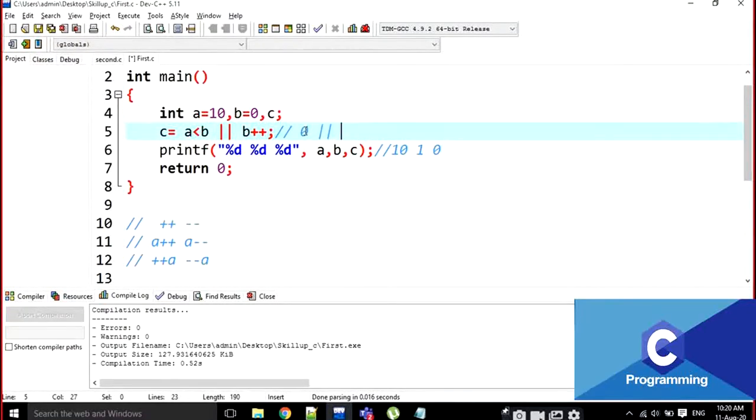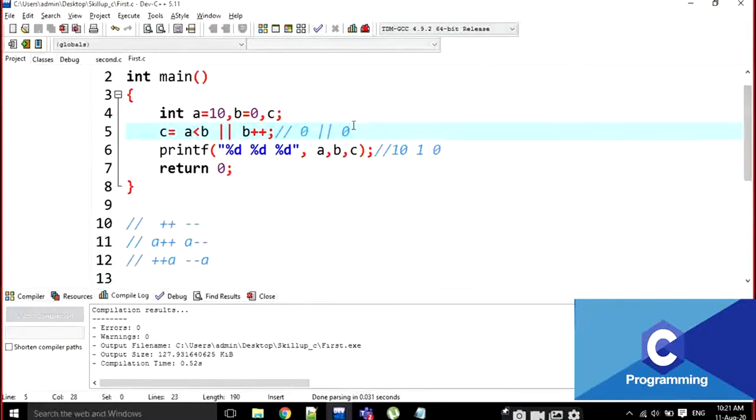Then it is moving into the next one. This is the post increment, right? Post increment. That means it is not incremented at this position. At this position, it is going to be 0 only. Okay? 0 or 0, both are zeros. What is C value? Zero. If both are zeros in OR, then it's zero. False, false, zero. Then C becomes zero, right?